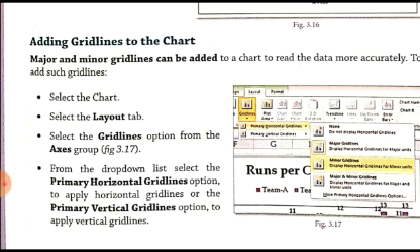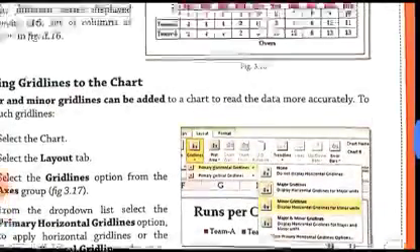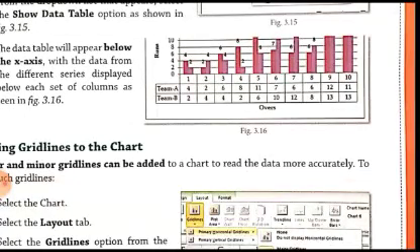Why will you draw lines on the chart? For making our data easier and more accurately read. Because of these vertical and horizontal lines, our data would be more easily and accurately read from the chart. The advantage of using grid lines is that we will be able to read the data more easily and more accurately.